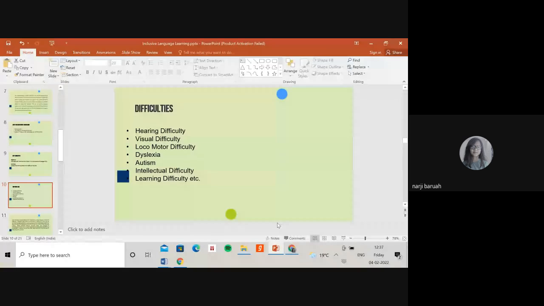Some of us may find these difficulties, or students having these difficulties, or in certain classrooms, these difficulties are not visible, because until and unless it is a physical disability or difficulty, it's difficult to find out. For example, cultural difficulty or cultural differences, that is invisible. We have to find it as teachers. Whereas when it comes to locomotor or when it comes to dyslexia, somewhere it is physical, so it is visible. We can find out when we see or when we teach the learners.